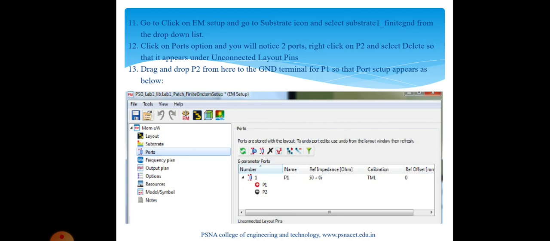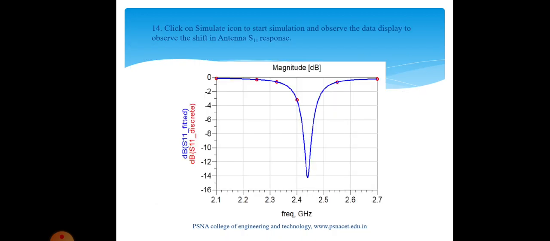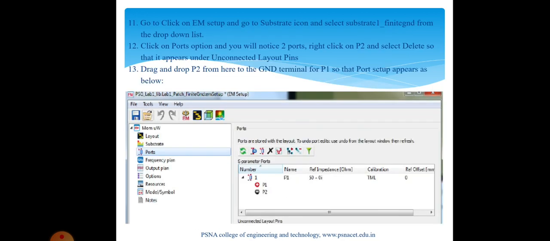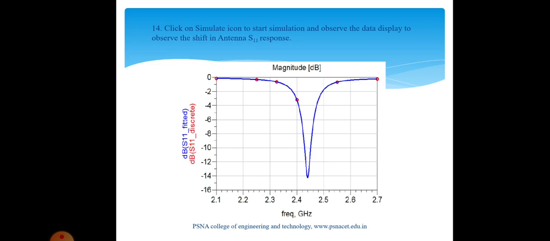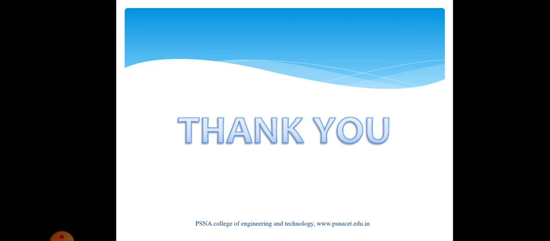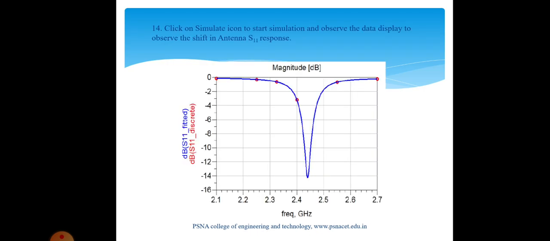Again we will go for placing the port at the inset point feed. Then it shows the port fixation, and discussing with the finite ground plane, it is 2.45, exactly at the ISM band. So this is a simple experiment of design of a microstrip patch antenna operating at 2.4 gigahertz. We will discuss how to measure the same return loss characteristics, that is the S11 parameter, with the network analyzer also. Thank you.